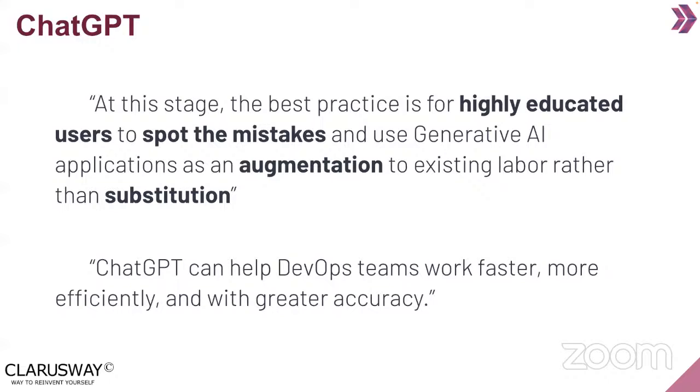Okay, so ChatGPT can help not only us but also the other teams to work faster in harmony with every tool. We can use it efficiently and with greater accuracy, but at the end of it, we should be checking what is written there. And if we want to provide some, let's say, non-sensitive data there, we should be 100% sure that it is not going to be exposed to the internet.